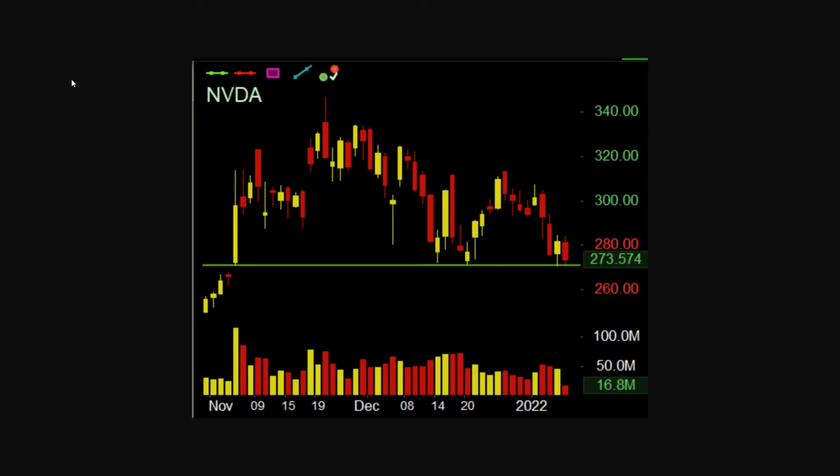I'm going to use NVIDIA from yesterday, January 7th, 2022, which would be this candle here on this daily chart, as an example. The first thing it starts off with is context from the overall daily picture. The overall daily picture is that there's this large, significant technical support level here, and we sold off recently down into it, bounced hard, and then on that day yesterday, January 7th, we started selling off back down straight